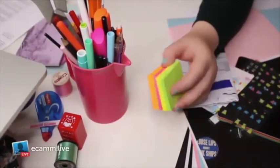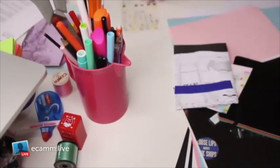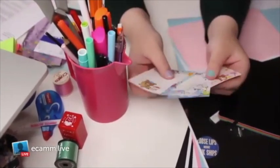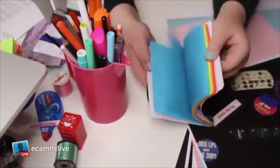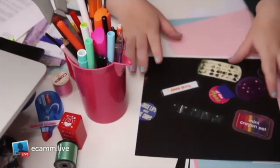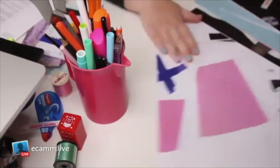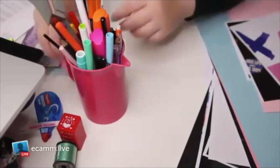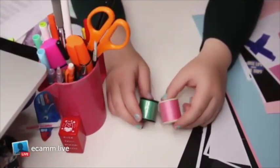I've got post-it notes that I can cut up if I want to. I've got some cute little stickers. Some little paper bits. You can put photos in it, newspaper clippings, magazine clippings. I've got this notebook of multicolored paper. And I also went and scanned lots of stuff at work that I could cut up and put in my zine. And as I said, if you are planning on stitching your zine, you want some cotton